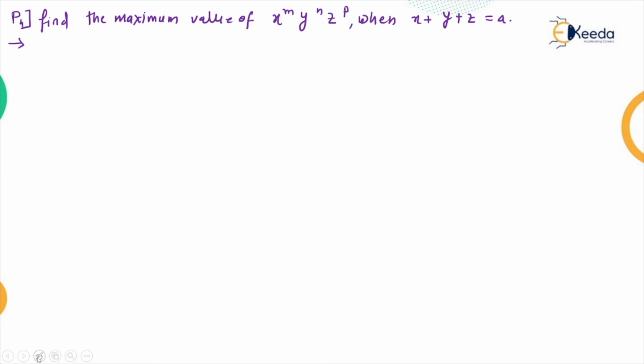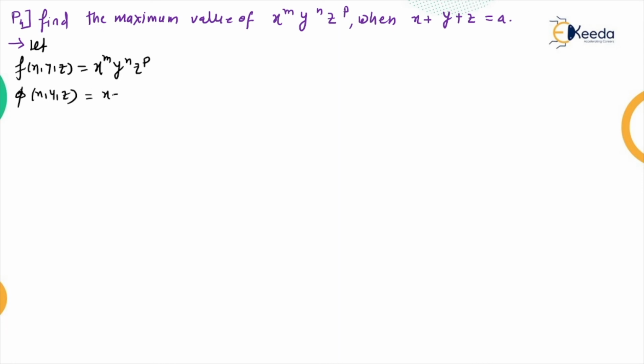Okay, so it is very crystal clear, you know very well. So let's see how to write the first auxiliary equation and how to write the given function. I'm writing here f of x y z. So what is f of x y z? This is x power m y power n z power p. Again phi of x y z means the conditional function that is given to you.